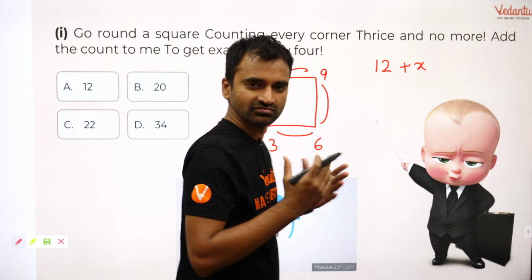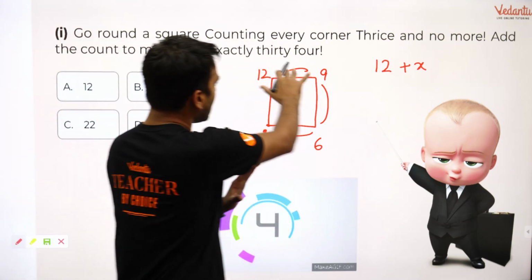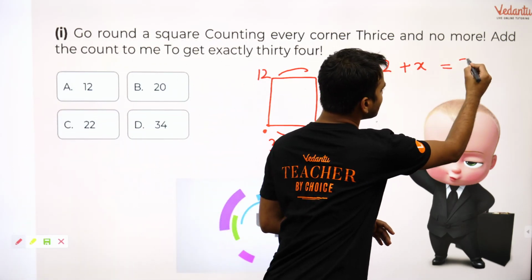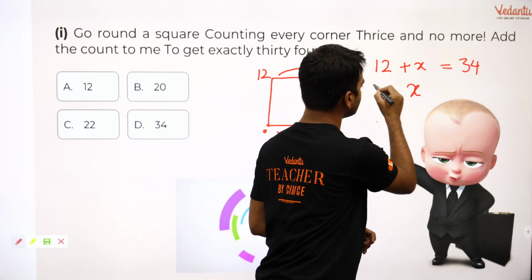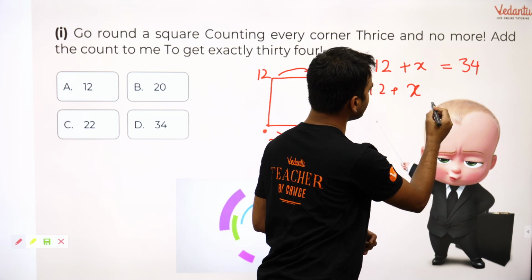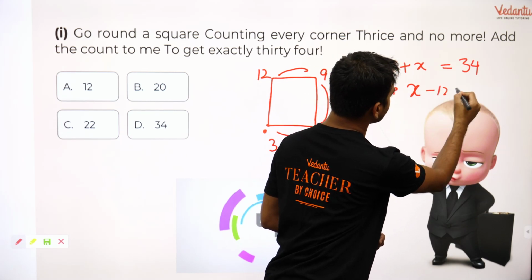Let's call me x, right? I am the unknown number, I am x. And once you do that, what do you get? You get 34. Now, what is the value of x? So if 12 plus x is equal to 34, let's subtract 12 from both sides,